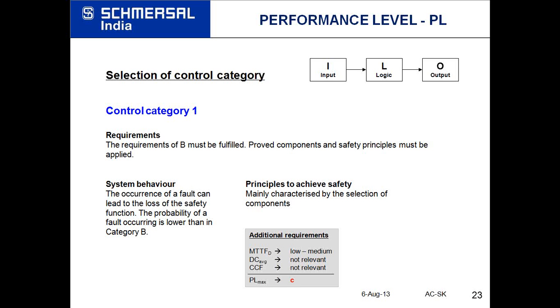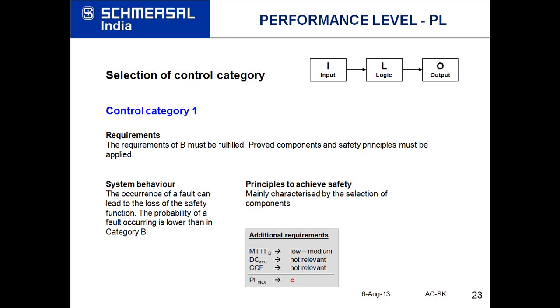Proven component doesn't mean that you have to buy a component and test it for 10 years and then you can say, okay, this is the proven component. Proven component means the product which is designed for certain application, and safety principles applied. So if you take care of these three parameters, requirements of B, proven components, and safety principles, then we can say that we have reached control category 1.